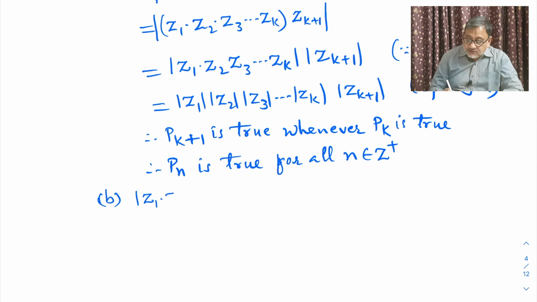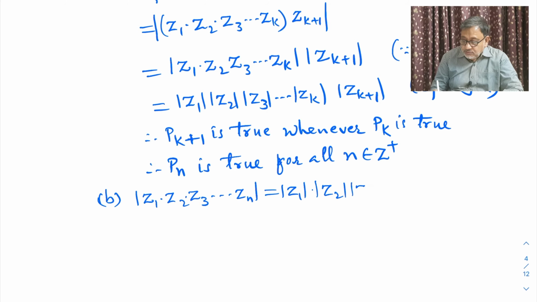Modulus of z1, z2, z3 we already know: modulus of z1 into z2 into z3 and so on into zn is equal to modulus of z1 into modulus of z2 into modulus of z3 and so on into modulus of zn. By 1 by a, we have already proved it. Now let